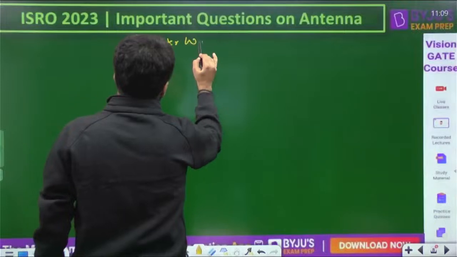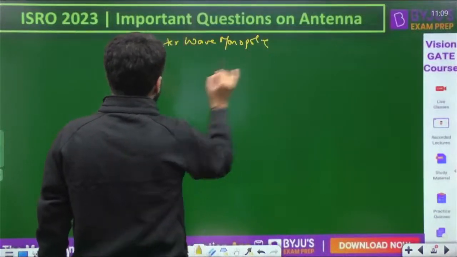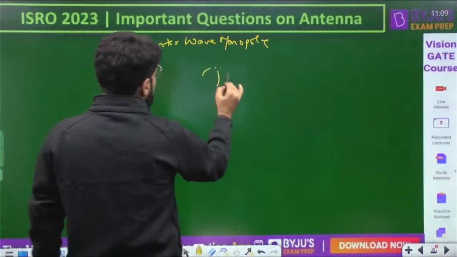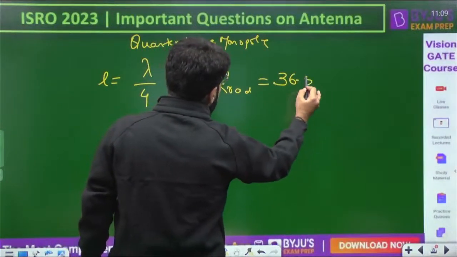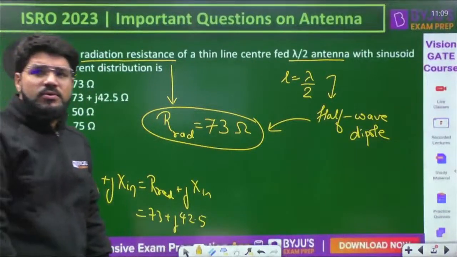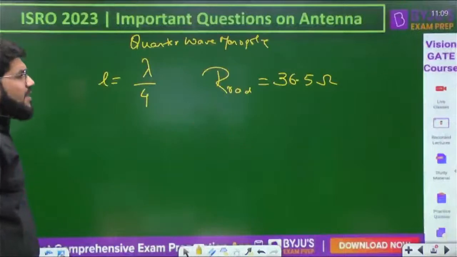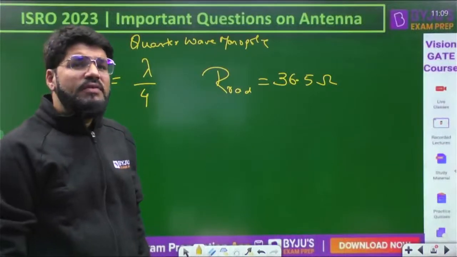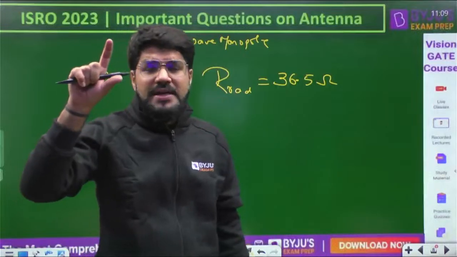Standard values to remember. If it is a quarter wave monopole, why do we call it a monopole? Its resistance is half of what you have previously seen, 73 by 2, that is 36.5 ohms. We call it a monopole because, unlike a dipole, it is only a single element, a single pole located